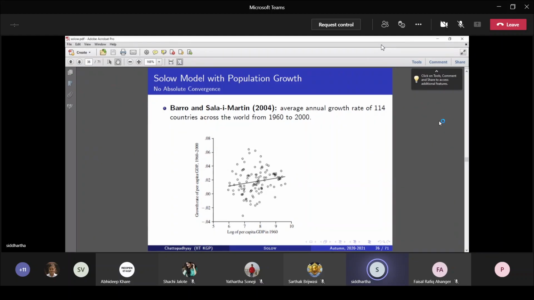People say that, as I said, this is basically the two outcomes. Either the Solo model is completely worthless, or the prediction that we are making from the Solo model is wrong. That is not that simple. We are oversimplifying the Solo model. These are the two outcomes that can happen. Either the Solo model is completely worthless, which is what you are saying, or the other part is that we are predicting something wrong, or we are oversimplifying the Solo model. Maybe Solo is not predicting that.